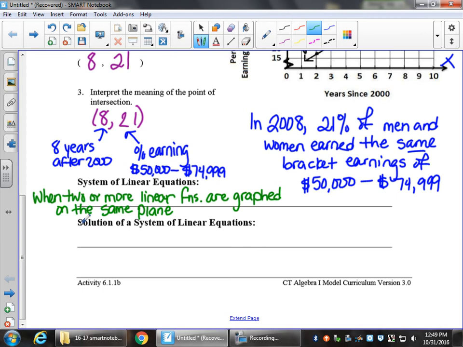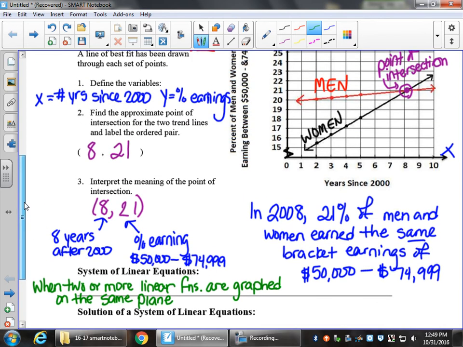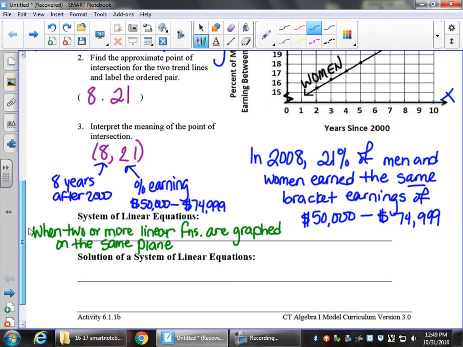When two or more linear functions are graphed on the same plane. So for example, applying that to this one, how many lines are here? 1, 2. That's 2. That automatically makes this a system because I have more than one line graphed on this plane. Now the solution, this is key, the solution of a system of linear equations is